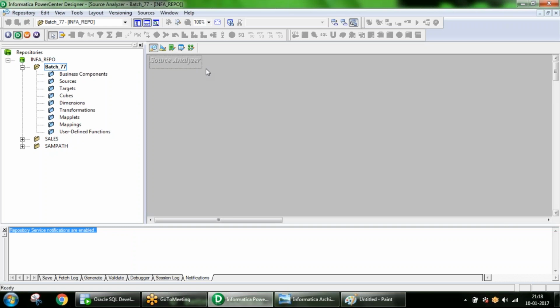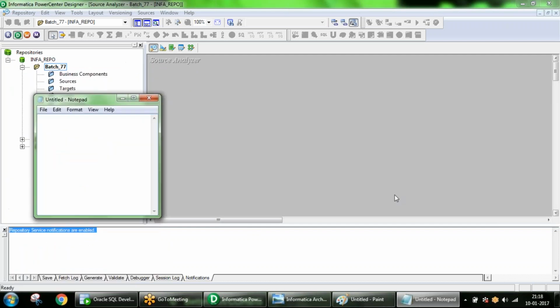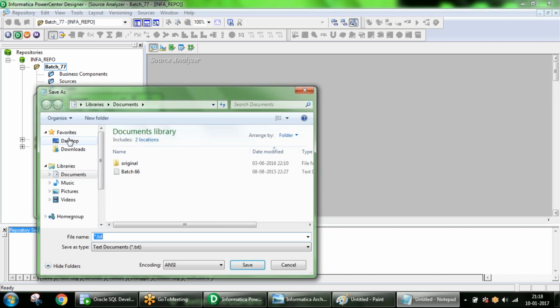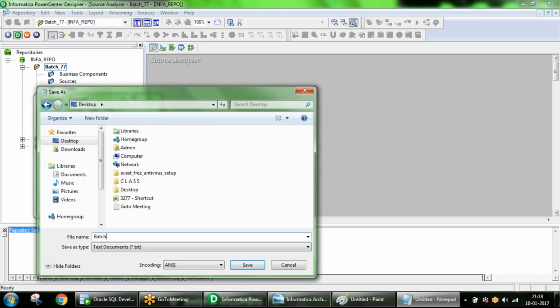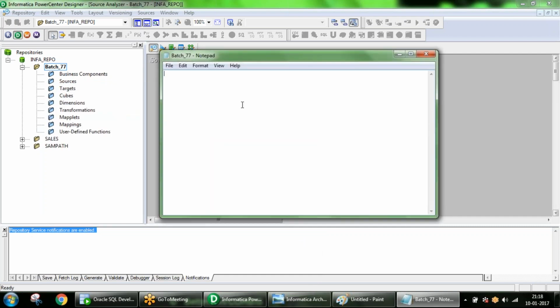Here we are going to have three different areas. First we have the Source Analyzer. The first step is we are going to import the source structure, or source definition.